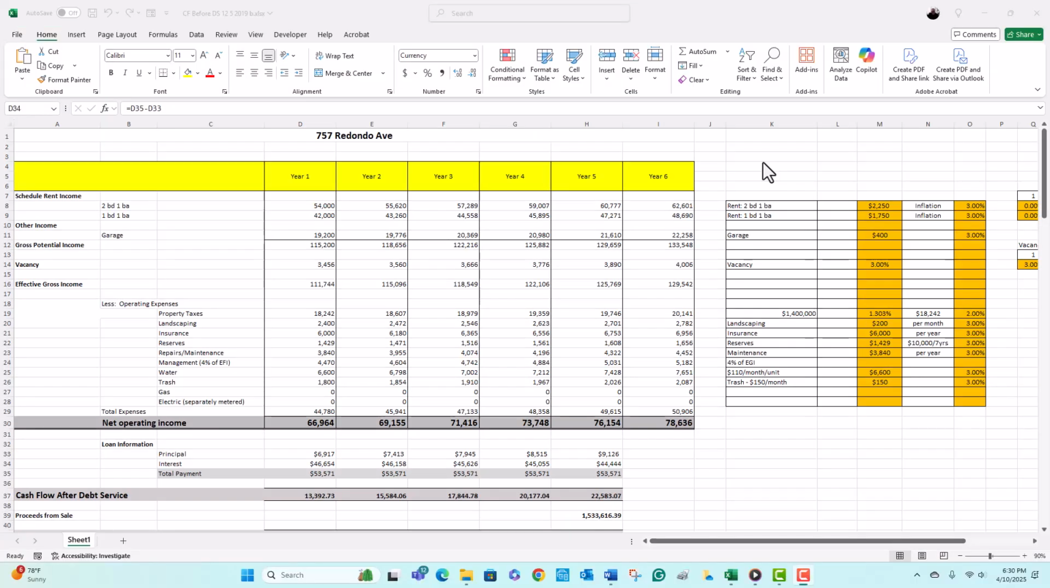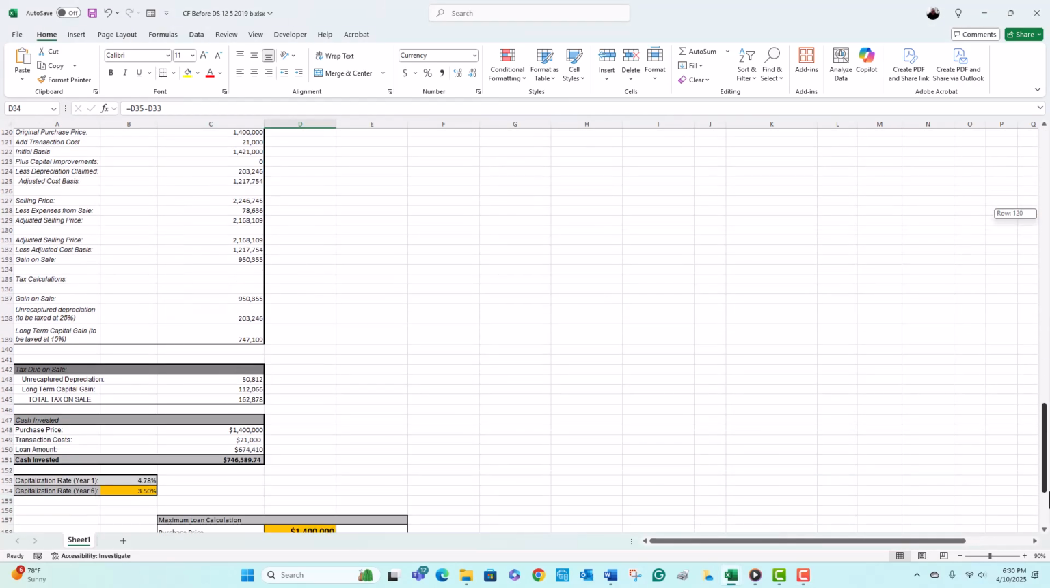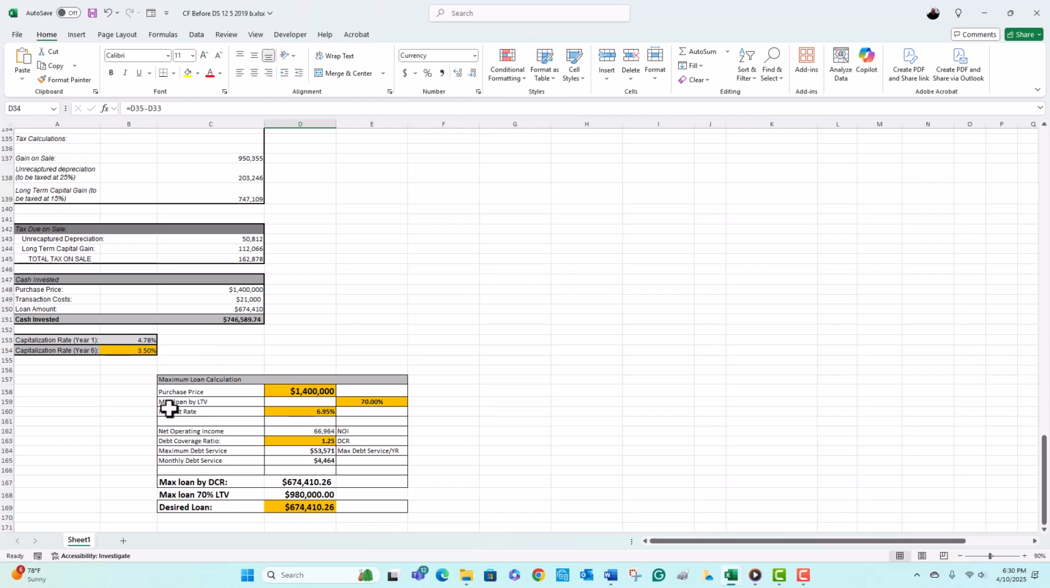Let's now look at how we enter the loan information into our model. I just want to point out that this is where the loan information will appear in this section. But where do you enter it? Let's go down below at the bottom. This is the area where the data gets entered. The purchase price of this property is